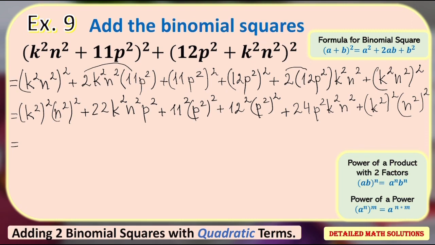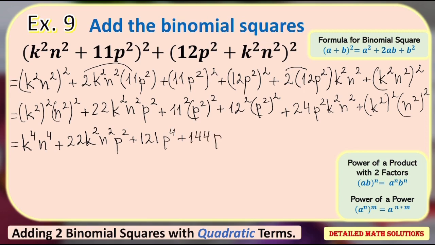As a result, this equals to k to the 4th power multiplied by n to the 4th power plus, I just need to rewrite the next term, 22k squared n squared p squared plus 11 squared is 121 and p squared to the power of 2 is p to the power of 4 plus 12 squared is 144, then p squared again is p to the 4th power plus, I just need to again rewrite the next term and I'll